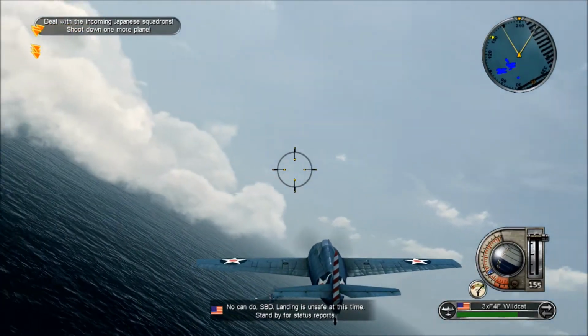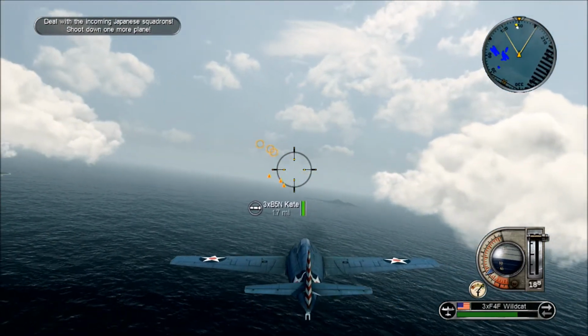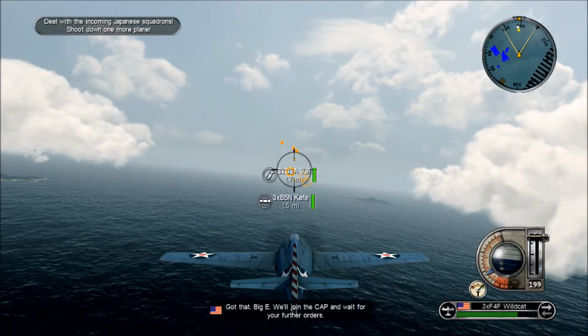Lend assistance to King. Roger that, sir. Landing is unsafe at this time. Stand by for status reports. I want the Kates first. The Vals aren't so bad, but